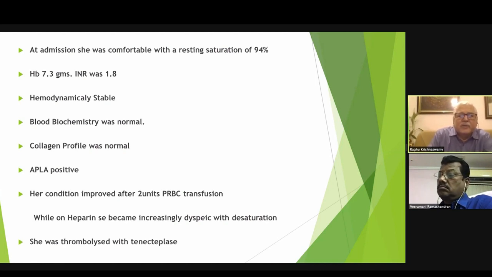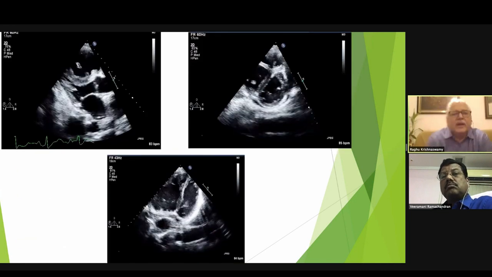Her condition improved after 2 units of blood transfusion. While on heparin, she became increasingly dyspneic and desaturated. She was thrombolysed with tenecteplase. Elsewhere, she was